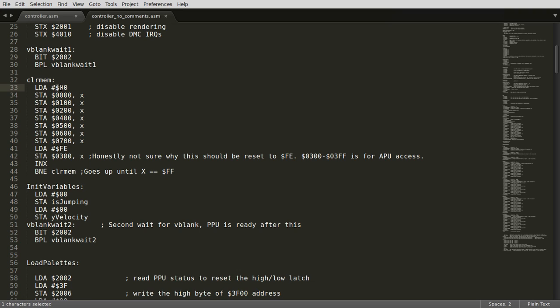Money sign means hex, so we're doing loading onto the accumulator 0. We're just zeroing out the accumulator, and then we're storing the accumulator, STA, onto a bunch of different memory values all at once, and then we're incrementing X. So it first stores it onto 0000 plus X, where comma X here means store the accumulator onto this memory address,